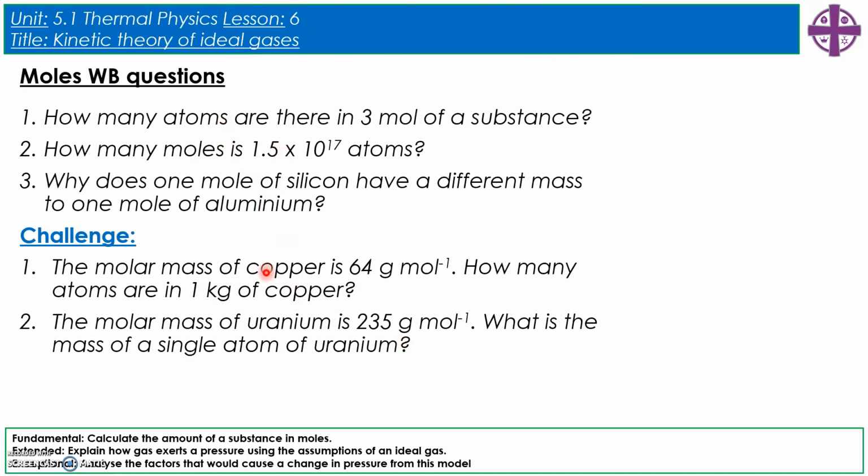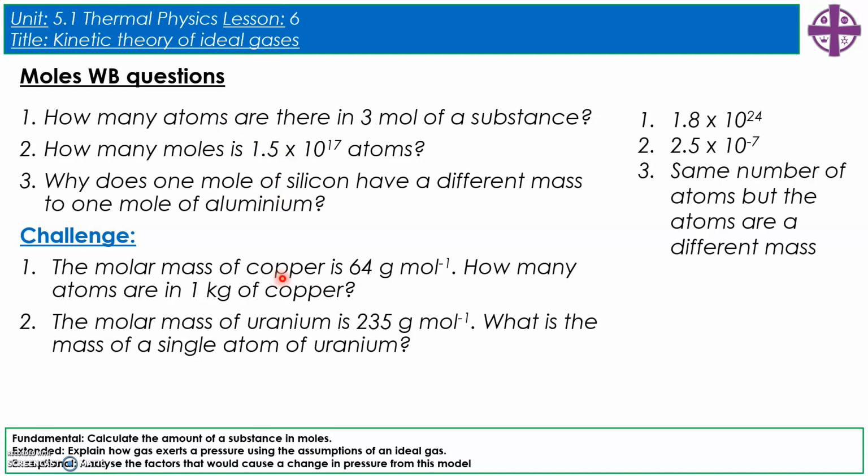Can you give these questions a try now? So just pause the video here and try these. I'll show you the answers in a second. And here are the answers to the first 3. And for the challenge questions, these are questions that you should have a go if you read through that extension bit at the beginning, especially if you're A-level chemistry. Should have got 9.4 times 10 to the power of 24 and 3.9 times 10 to the power of minus